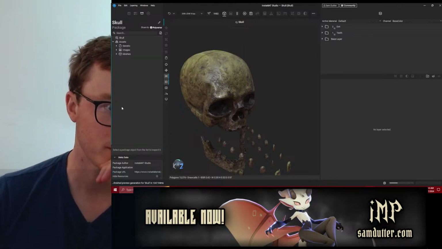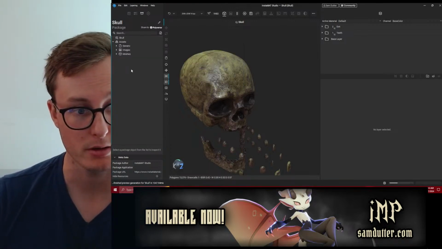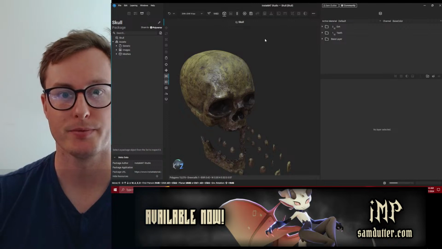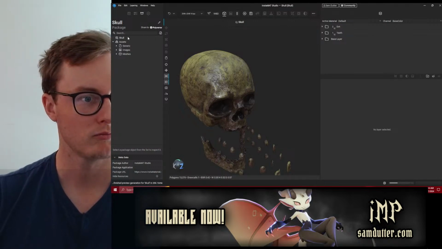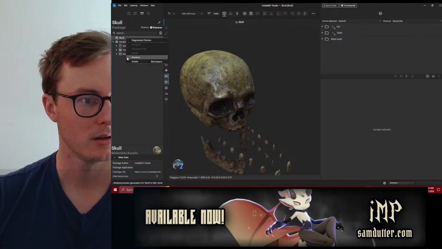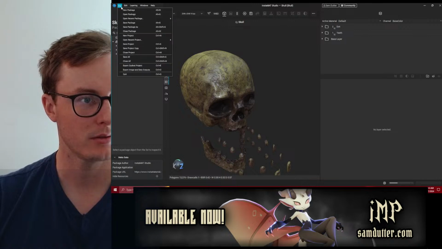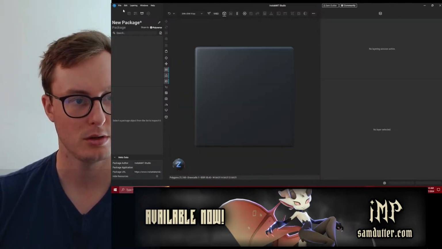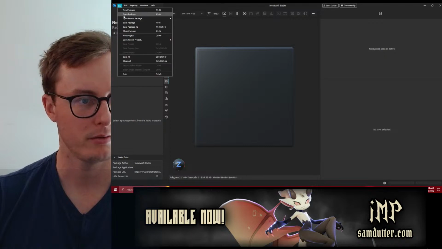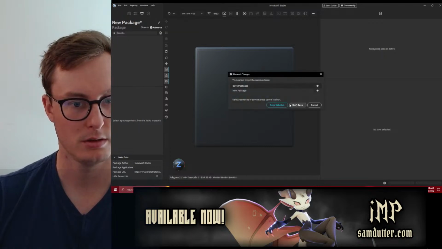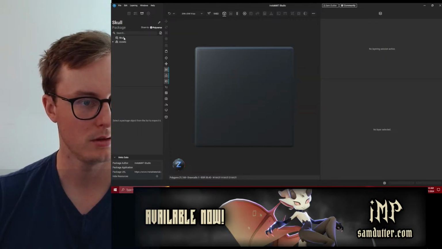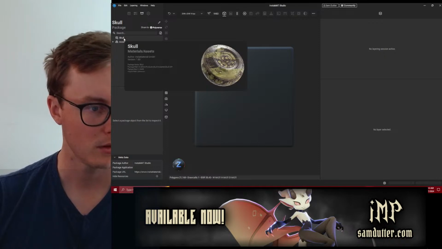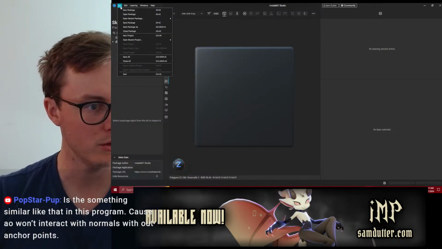Can I reference this material in another material? So if I was to make, rename, regenerate, file, new package, no, file, open recent package, skull, save. All right, so this is an asset. I want a new asset.